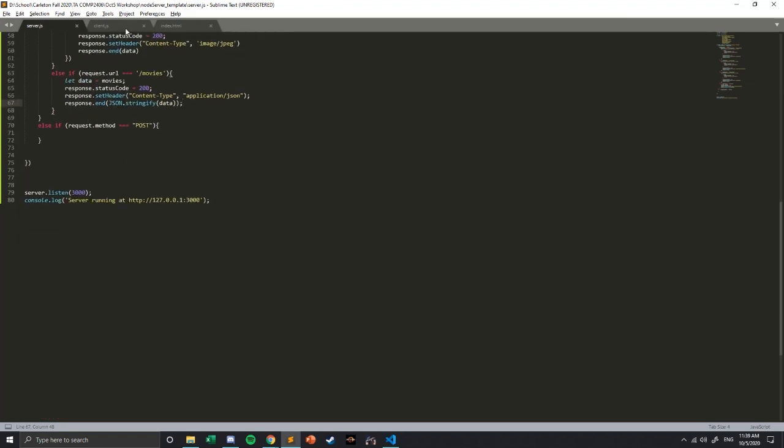Alright, so we handle our post request in here, so we'll create the first if statement to check the URL. And that was /name. So if the request URL is /name, what do we want to do? First, this part of it looks a bit weird, how we capture the data from the post request, but bear with me here. We want to create a variable that will capture the data, and it's going to be a string. So we'll start it off as empty, and then we use request.on with data. When data is coming in, take it chunk by chunk and append it